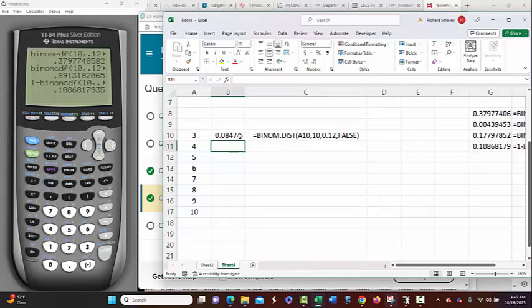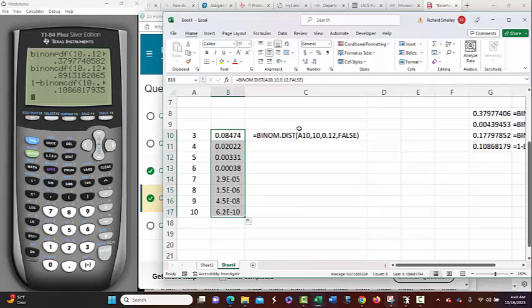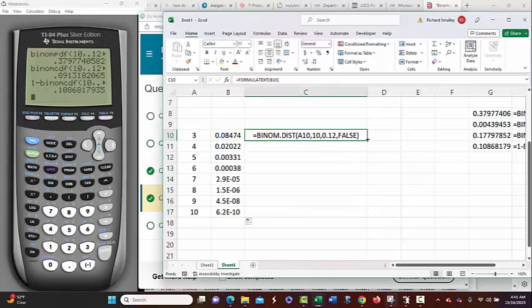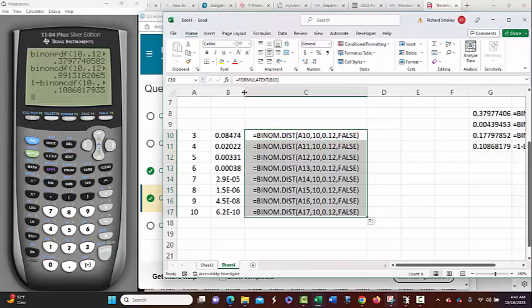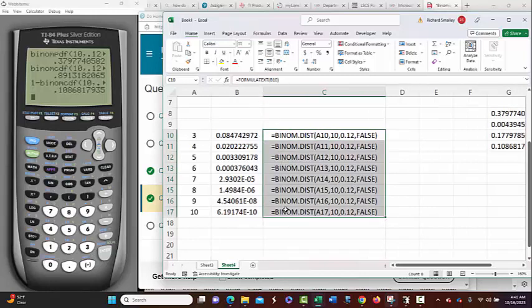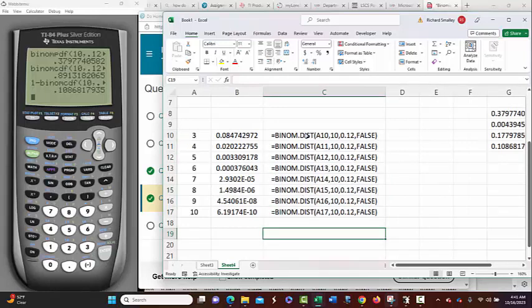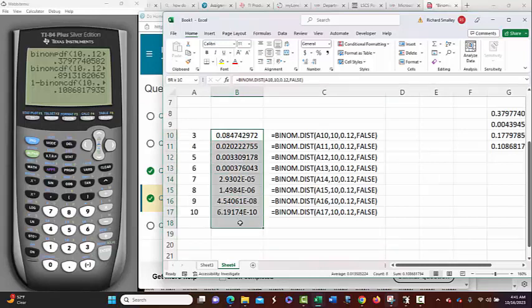So now, let me copy all these down, 3 through 10. As I copy these, it should change, because I didn't lock the cells. It's got scientific notation there, don't worry about that. You see it's doing it for each cell, A10 through A17, 3 through 10. Now, I can just do these as a sum right here. And there it is,